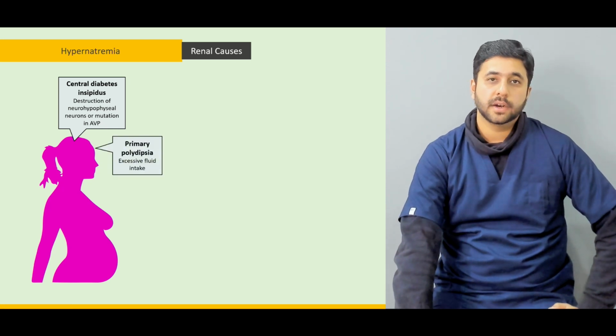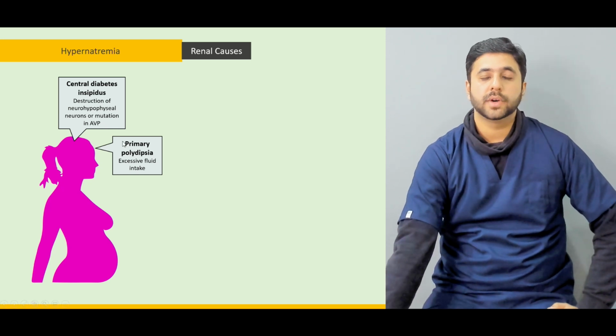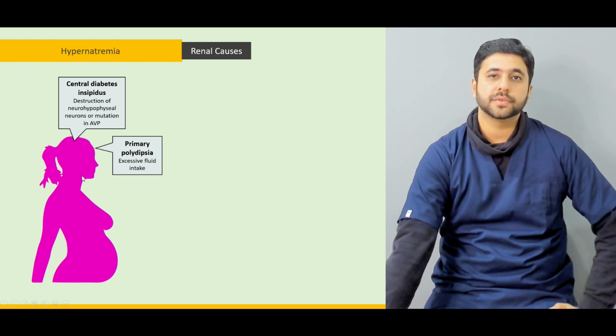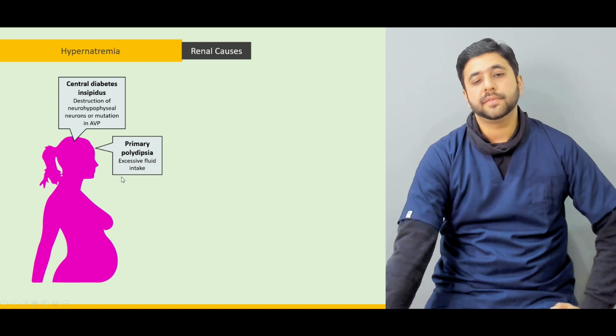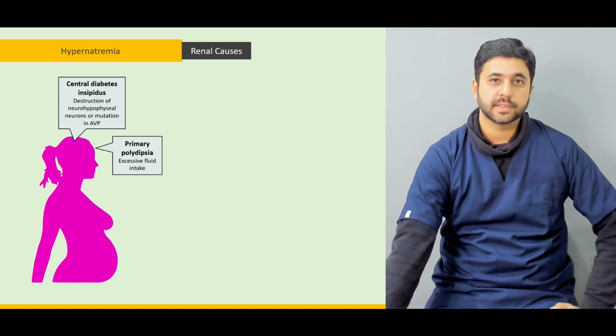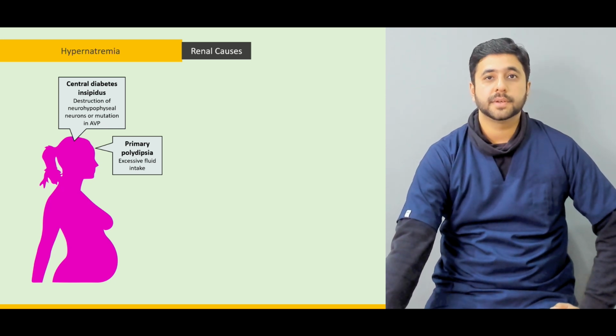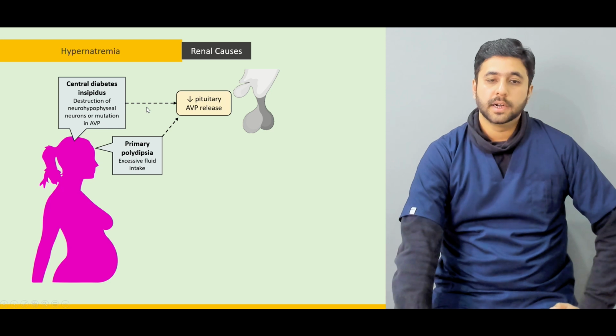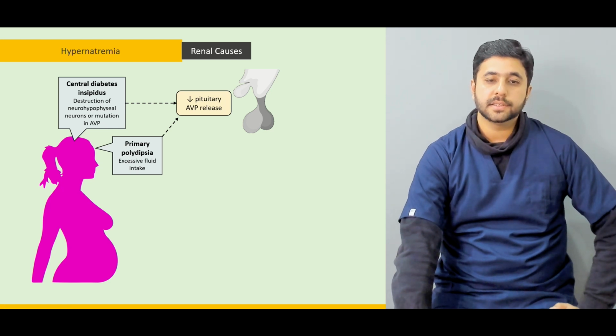Similarly, if someone is drinking a lot of water, now if someone is drinking free water, that leads to dilution of the sodium. As we discussed, the primary polydipsia is the one which affects the sodium concentration. But if someone is consuming excess of salt and water, like hypertonic water in which the solute concentration is greater, or excess of sodium bicarb, if we are giving someone IV sodium bicarb or IV sodium chloride, which is hypertonic than the plasma, that can lead to an increase in the tonicity of the plasma as well. Now, what happens with all of these is that there is a decrease in the pituitary